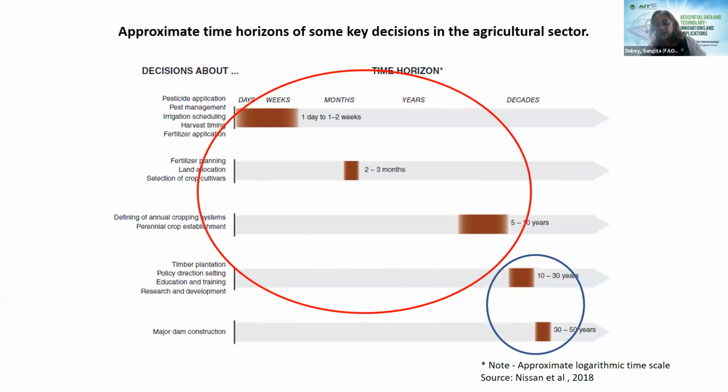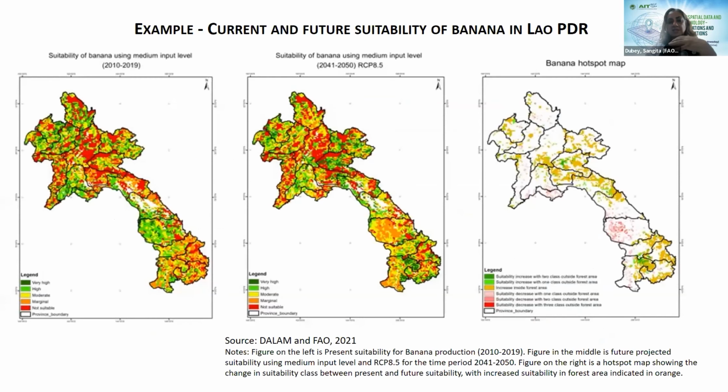So knowing what types of decisions need to be made, here's an example of some work that FAO has done with GIC in looking at a problem that a country faced, expanding, for example, banana production in Laos, necessitated looking at what the suitable areas were for banana production, looking at different levels of inputs and what the hotspots were. So this actually enables government planning and then advocacy to encourage farmers to either expand their production of a particular commodity or to adopt production of a particular commodity.